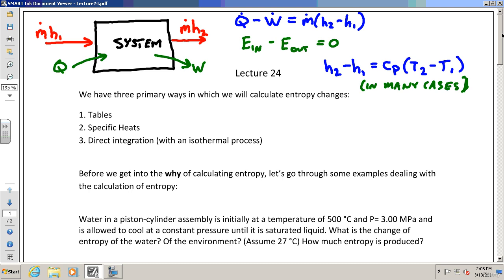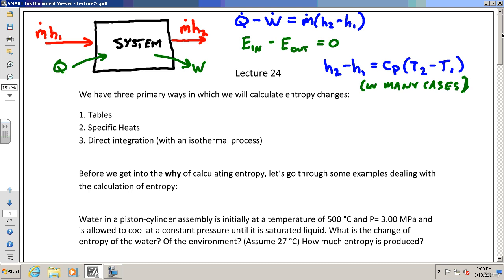And I think that students in thermo tend not to use specific heats a lot, and that's not good because specific heats are your friend. I mean, specific heats make life so much easier. If on the final, just remember this, if you used specific heats when appropriate and you never used the tables unless you had to, you probably would be able to get almost all the points. You might lose a point because I'd say, well, you'd be a little more accurate if you used the tables, okay? Now, I said use specific heats in many cases, but not all cases.